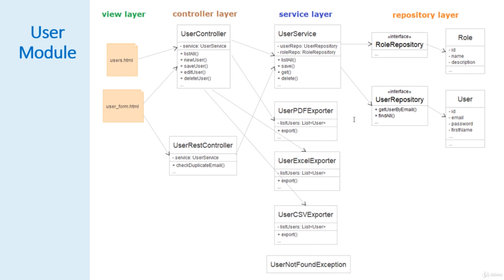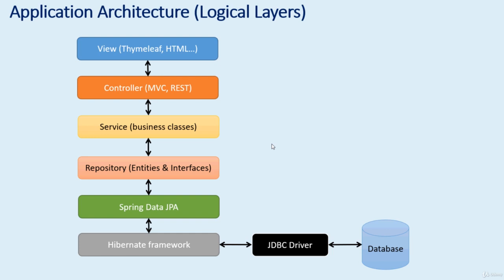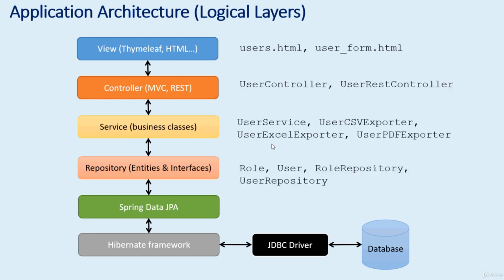And in the repository layer, we will have two entity classes, role and user, that map to the corresponding tables in the database. And we will also have two repository interfaces, role repository and user repository, to leverage the API of Spring Data JPA. And this is how the code of the user module will be organized according to the application architecture in the view layer, controller layer, service layer, repository layer,